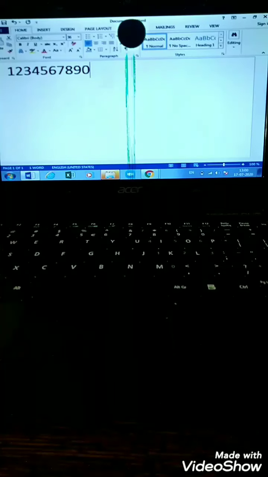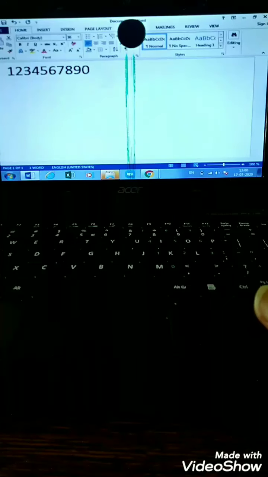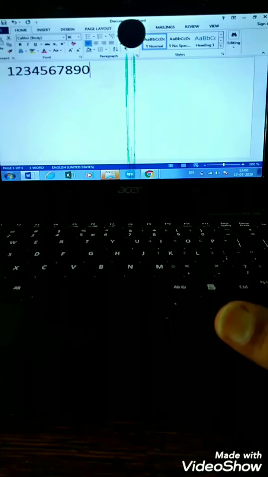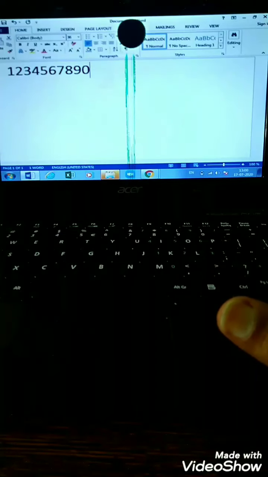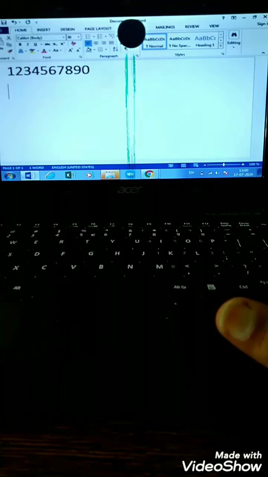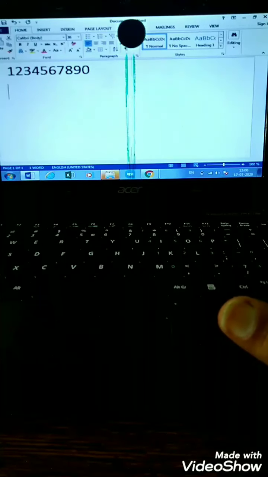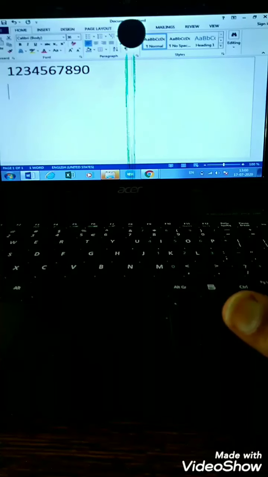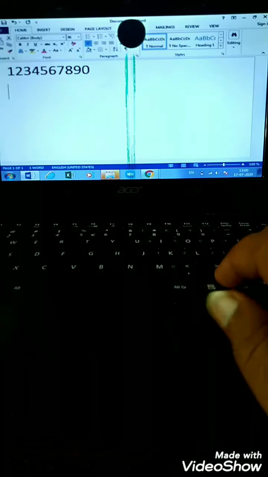I am pressing the enter key so that the cursor, which means that blinking line, goes to the next line. See, I press the enter key. Now the cursor has gone to the second line. Now I am typing